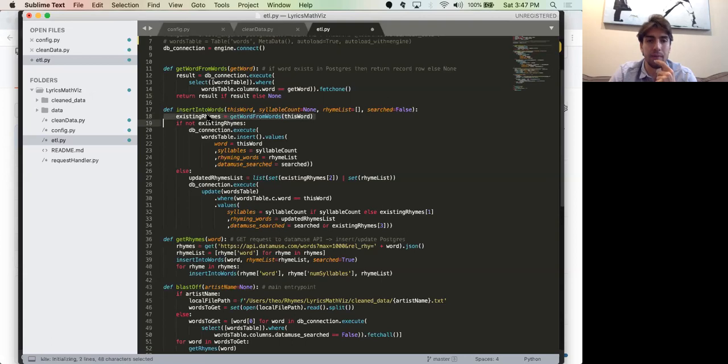Write it to that variable. That's where I get to do my logic of if not existing rhymes, because I wrote it to that variable. Be as self-documenting as possible. Python namespaces are your friends. So I'm checking if there's any rhymes. If there's not any rhymes, I just want to